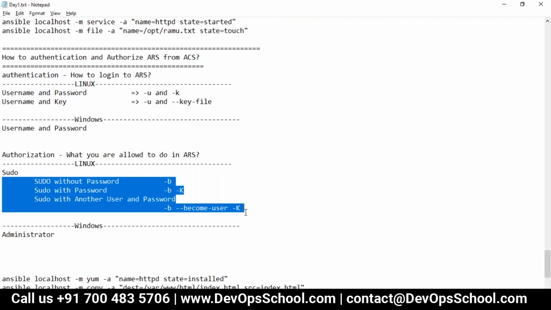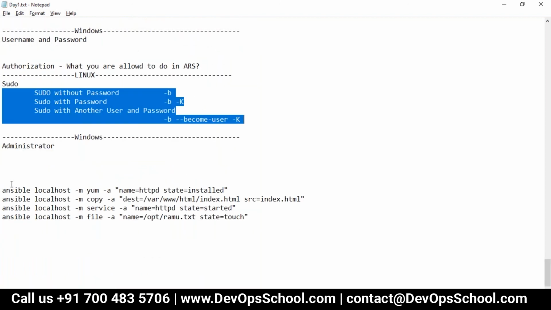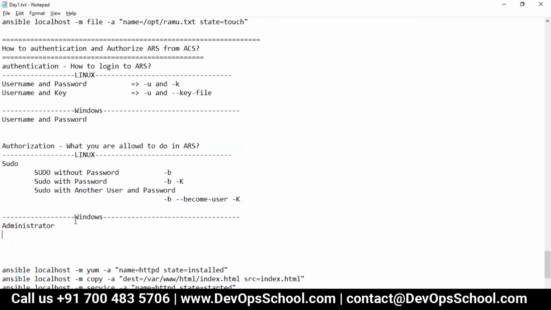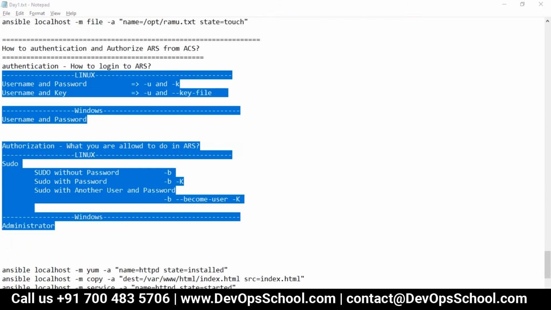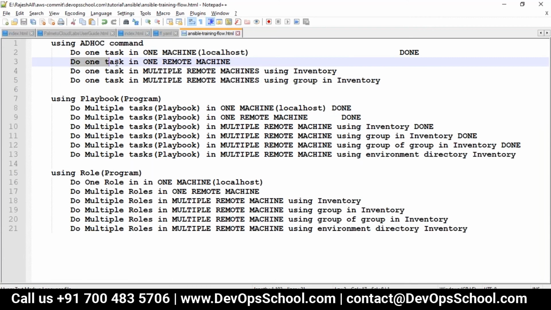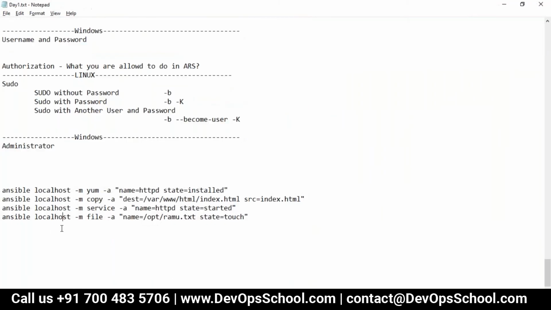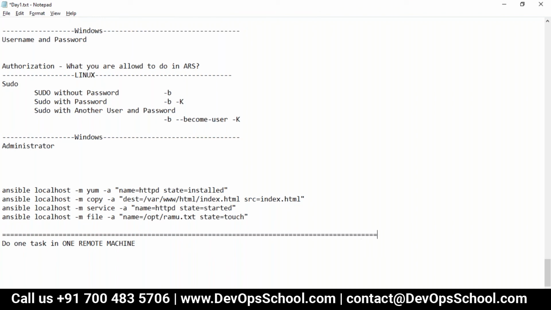Yeah. Wonderful. So guys, this is one of the steps. Further to do this step, do one task in one remote machine. So I was showing you last time only localhost, but this time I will do it in a remote machine.